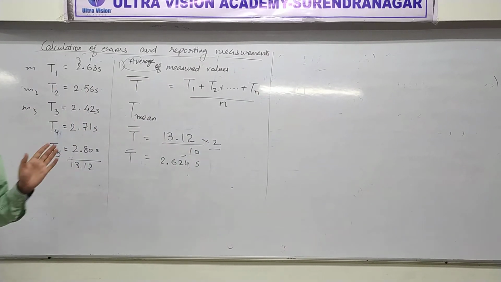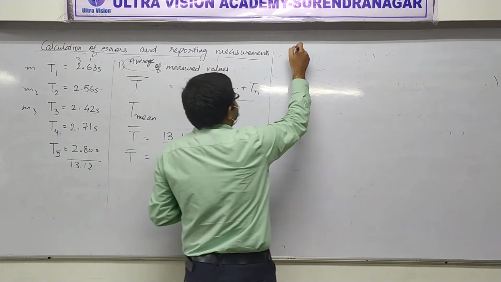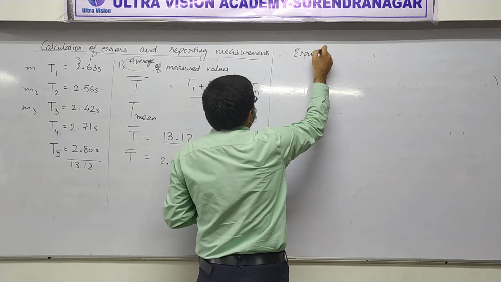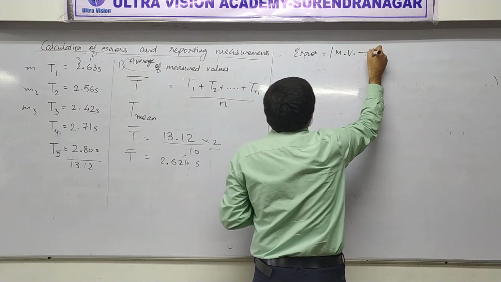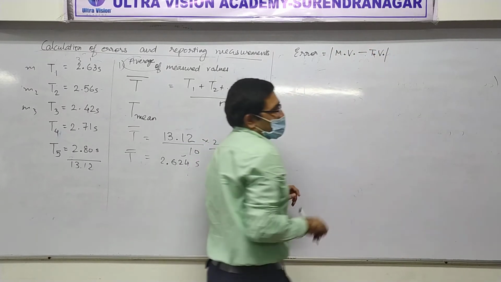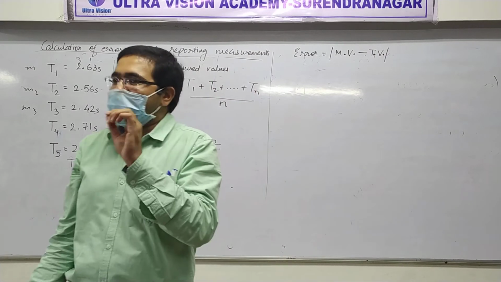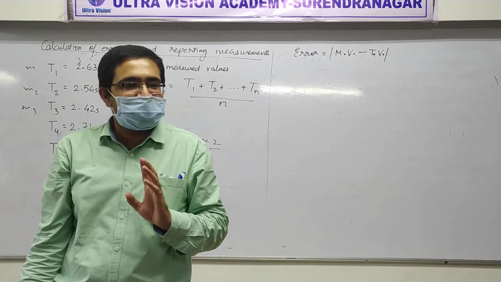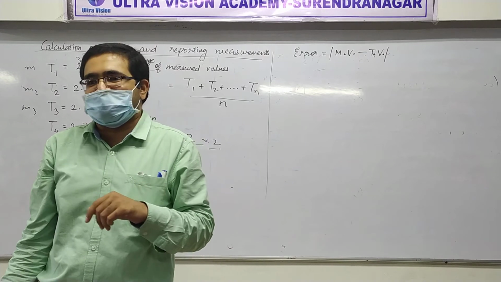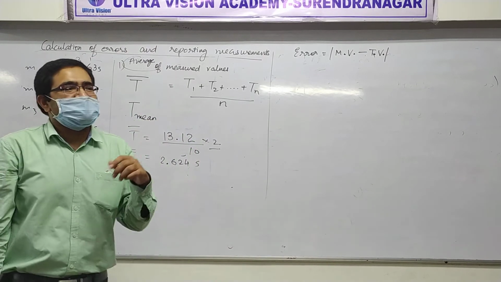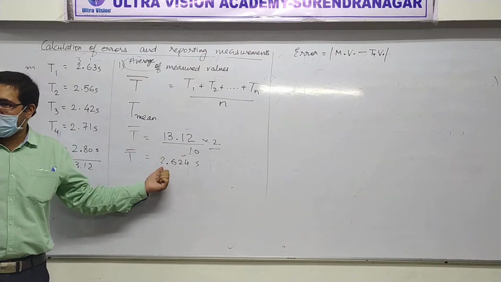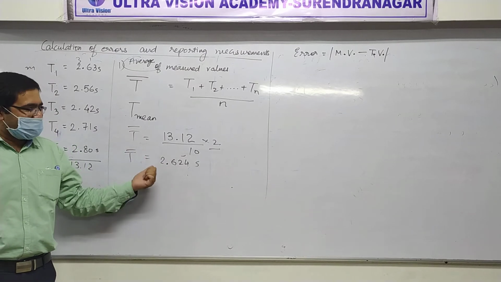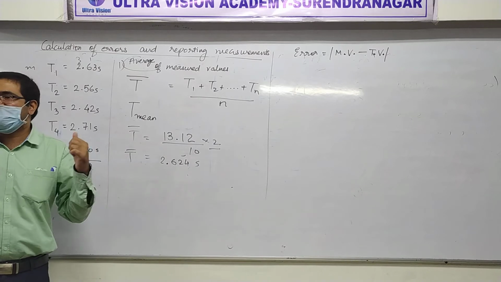Now, don't write this, I'm just making you recollect. Do you remember earlier I have taught you this? Yes or no? And I also told you that if the true value is not given, then what do we take as the true value? Average of the measured values is the true value. Understood? This itself we will take as the true value.